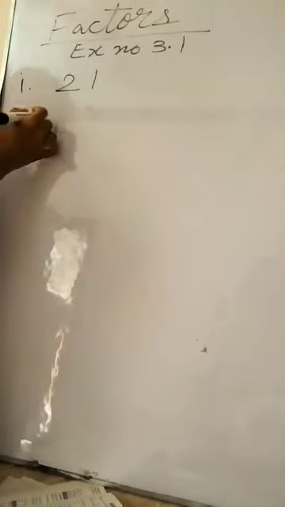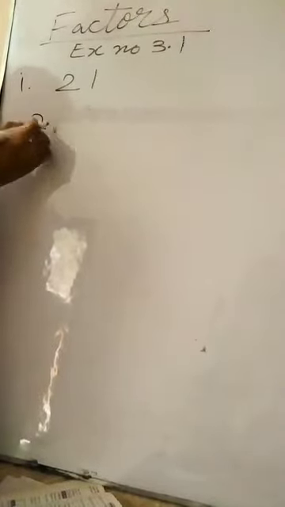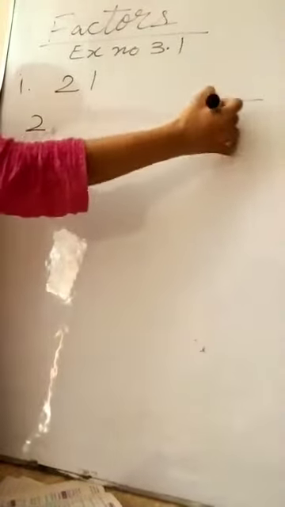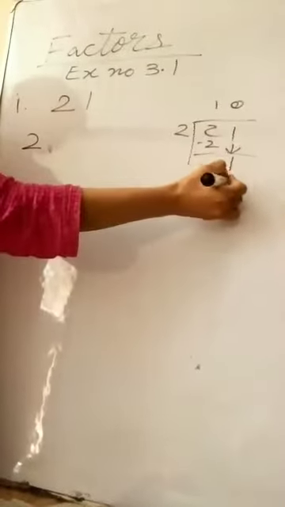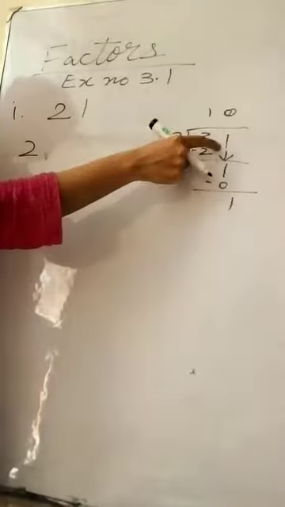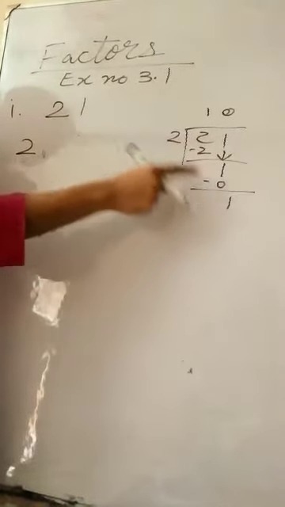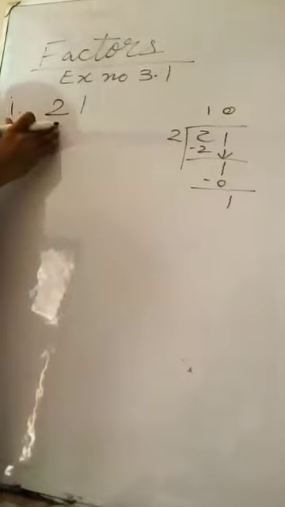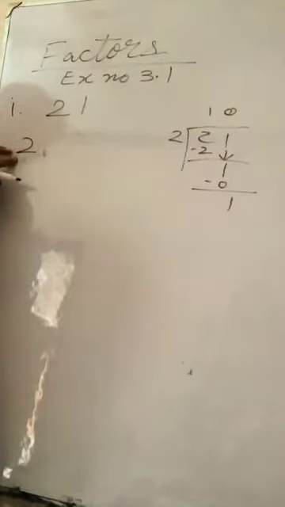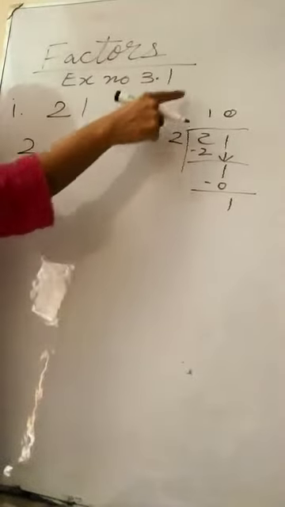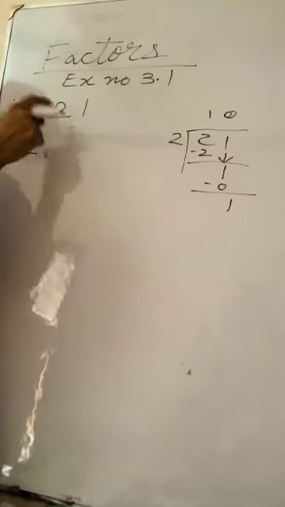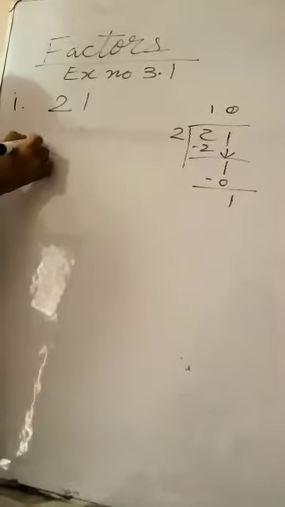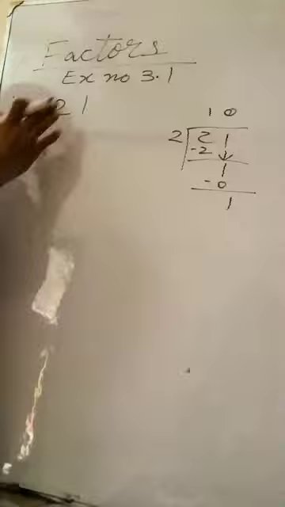We need to check, firstly we will check with 2. Times table of 2. Check in rough work 21. 2 ones are 2. Write down the next number. 2 zeros are 0, 1. It means 21 is not divisible by 2. We have a remainder. That's why 2 is not the factor of 21. 21 is not exactly divisible by 2. It means 2 is not the factor. Put semicolon. 2 is not the factor of 21.